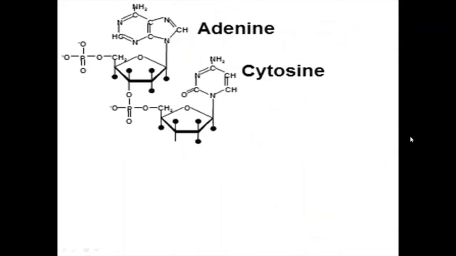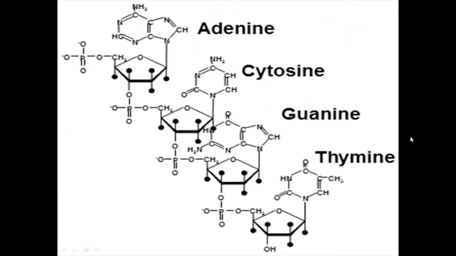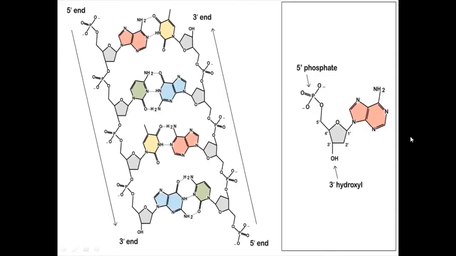In this polynucleotide chain, the sequence of arrangement of bases is very important. The genetic information is coded in the specific sequence of bases. If the base is altered, then the information also alters. The polynucleotide chain of DNA has either 5' to 3' orientation or 3' to 5' orientation, depending on how the sugars are arranged on the strand.